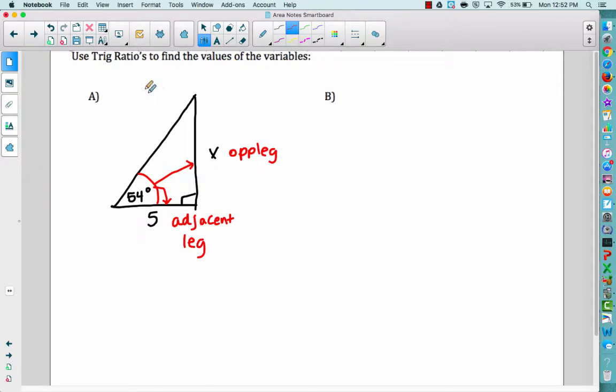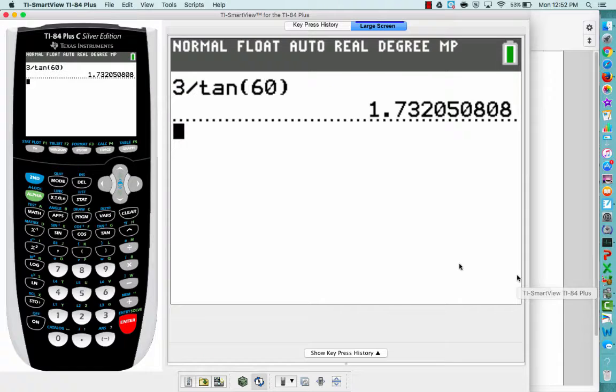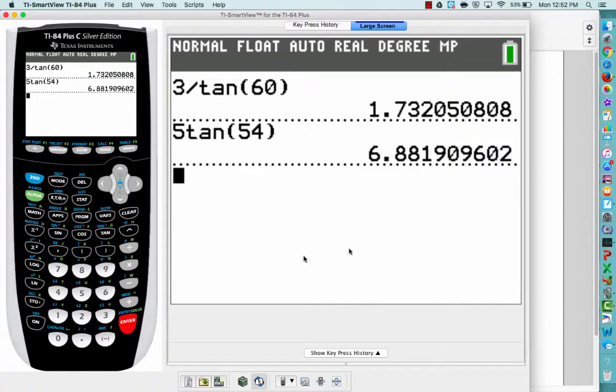So that's TOA, so we're going to use tangent. We're going to write an equation: tangent of the angle, so tangent of 54, is equal to x over 5. Now it's those equations that we do know how to solve that we just reviewed. I'm going to put this over 1, cross multiply, and get 5 tan 54 equals x. I'm going to grab that calculator and do 5 tangent 54, and that gives me